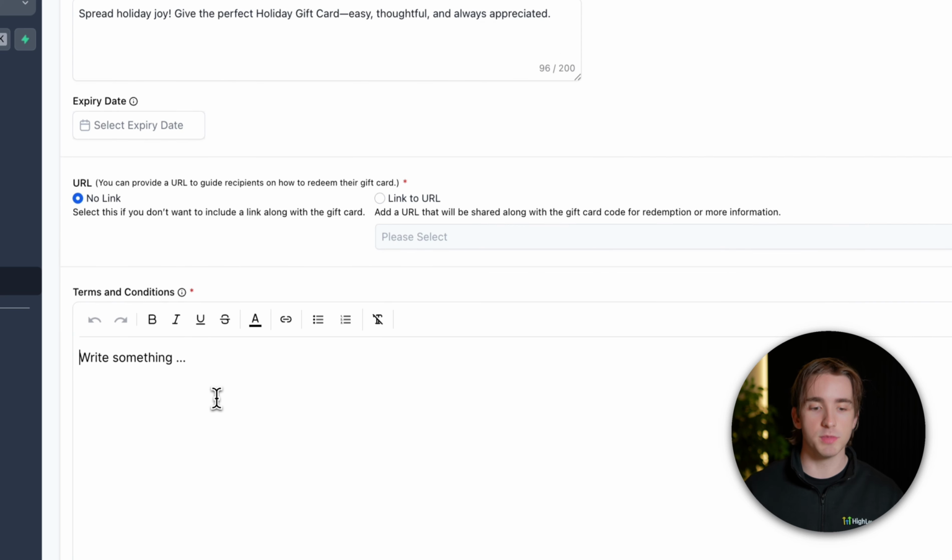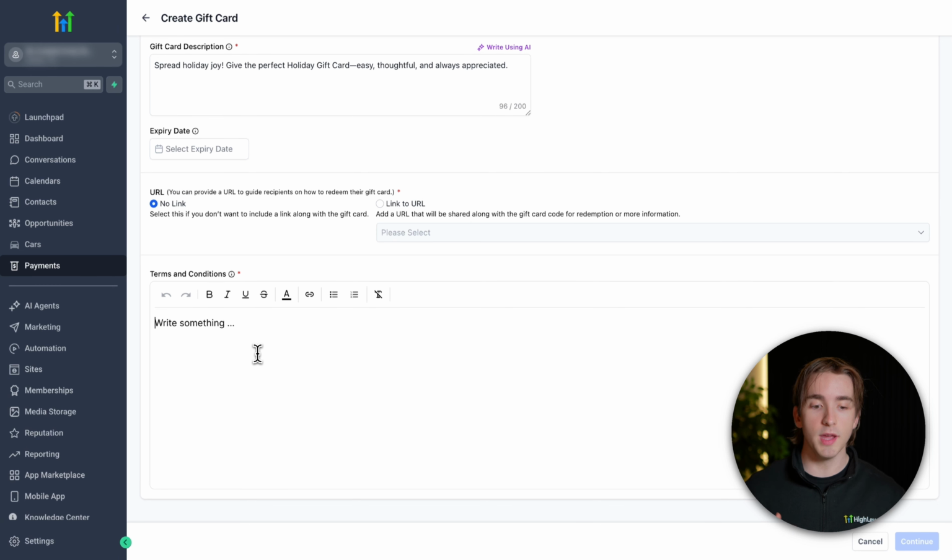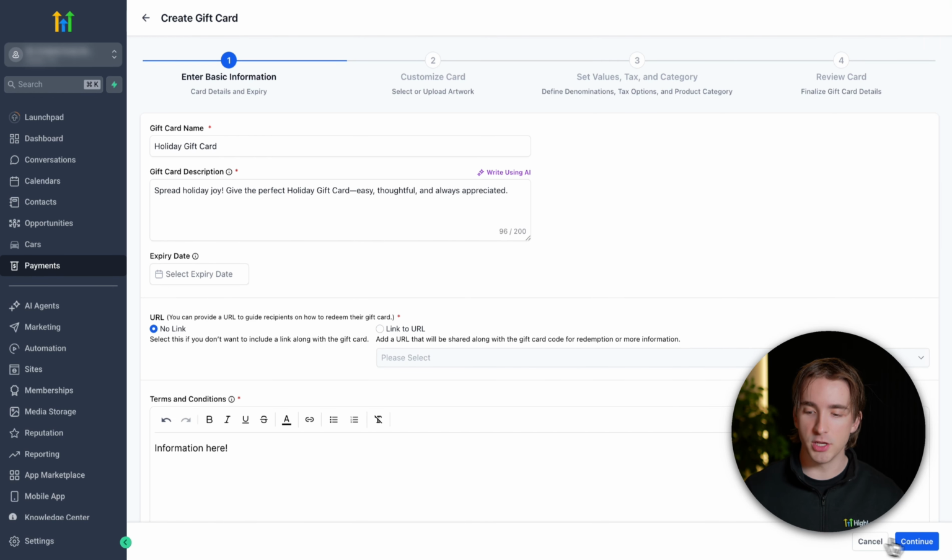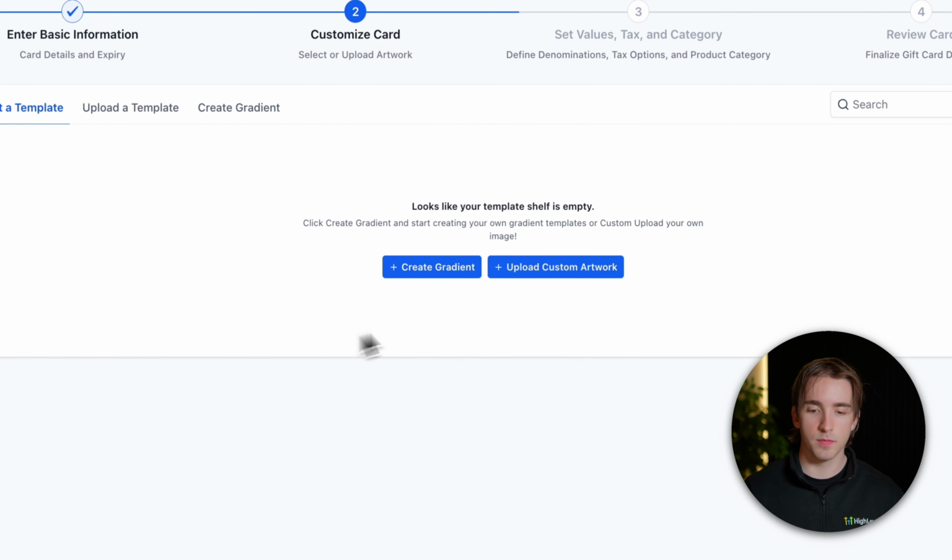Then you can write your terms and conditions. This is where you're going to include how people can redeem their gift cards. So whether they need to go to a link or redeem it in store, all that information you need to include here. Once you include those sets of information, you can click continue and customize your card by either uploading